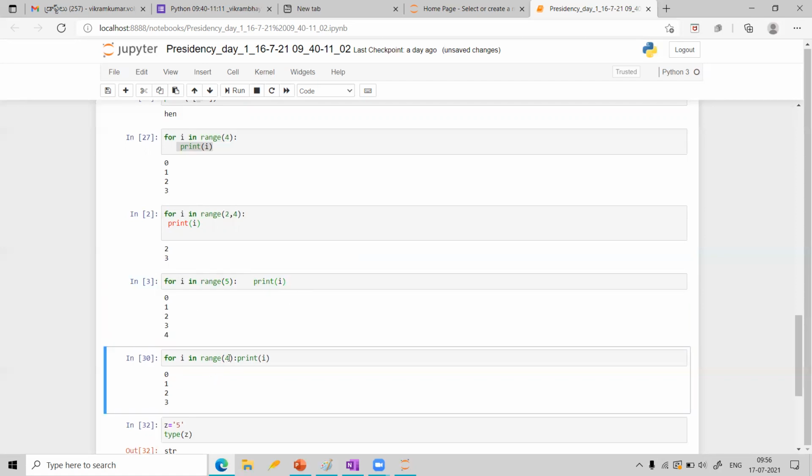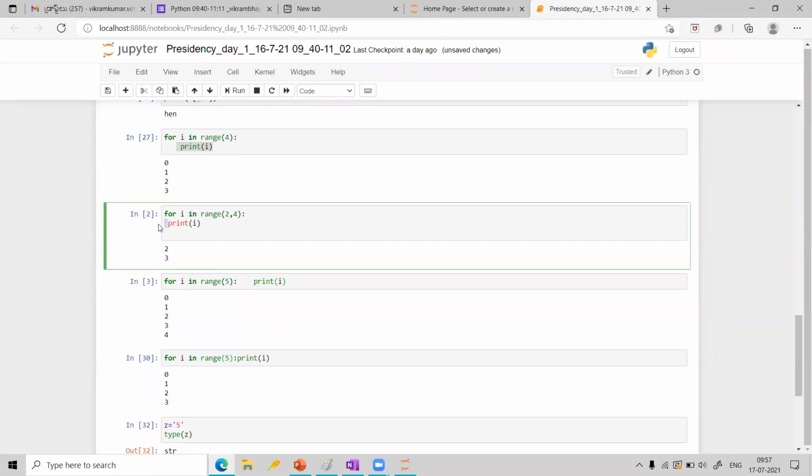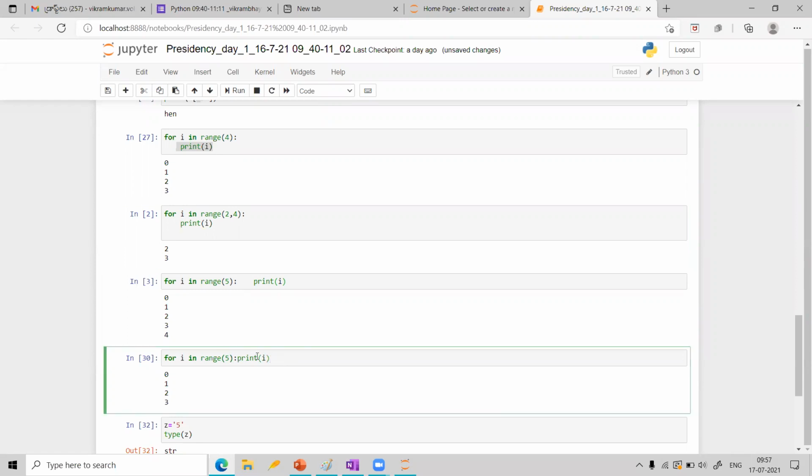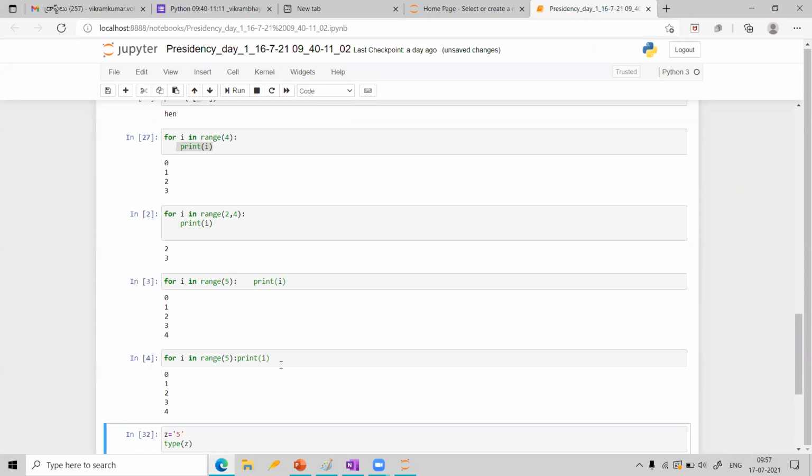Similarly, I will also change here. Why I am showing all this is that you should know how to put that indentation. If I am writing in 2 lines, I am giving some small gap here. That gap can be a little bigger also. Like this also you can give a little bigger gap. That is why I'm showing different ways of writing it. Here, if I write like this, what is going to happen? Let us run this. Okay, this is also working.